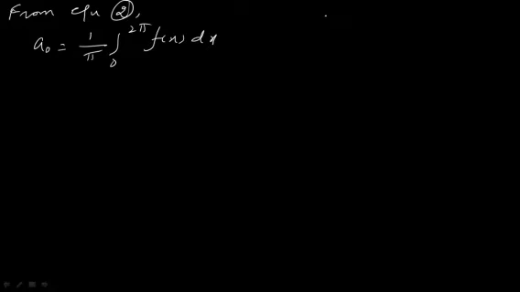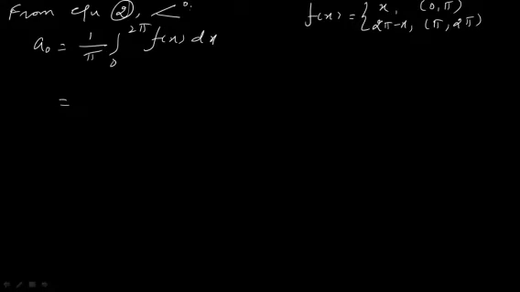So listen carefully. The given function f of x is equal to x, defined in the interval 0 comma pi, and 2 pi minus x, defined in the interval pi comma 2 pi. Okay. So now what I am going to do here is split this interval into two parts. Instead of having a single integral, here we are having two functions defined in two separate intervals in 0 comma 2 pi. So one interval is from 0 to pi and another interval is from pi to 2 pi.